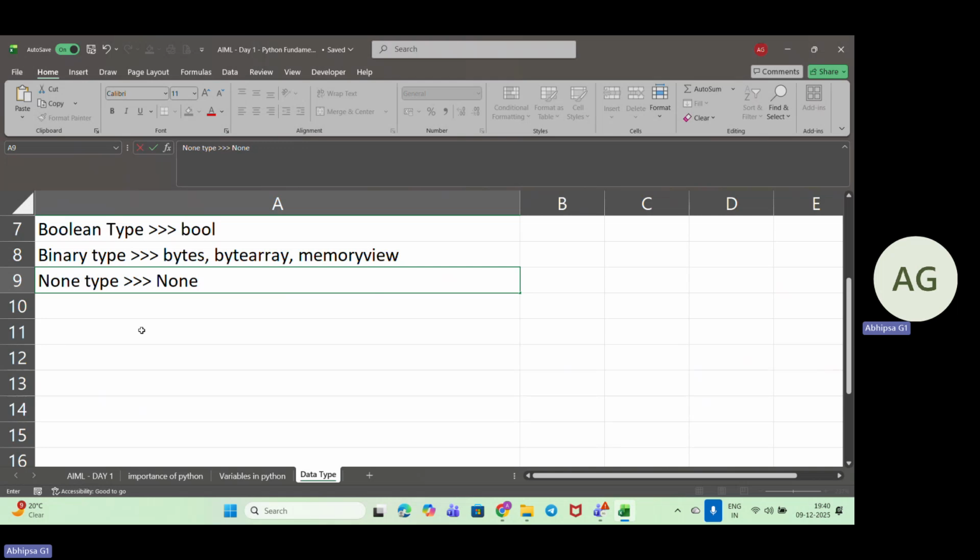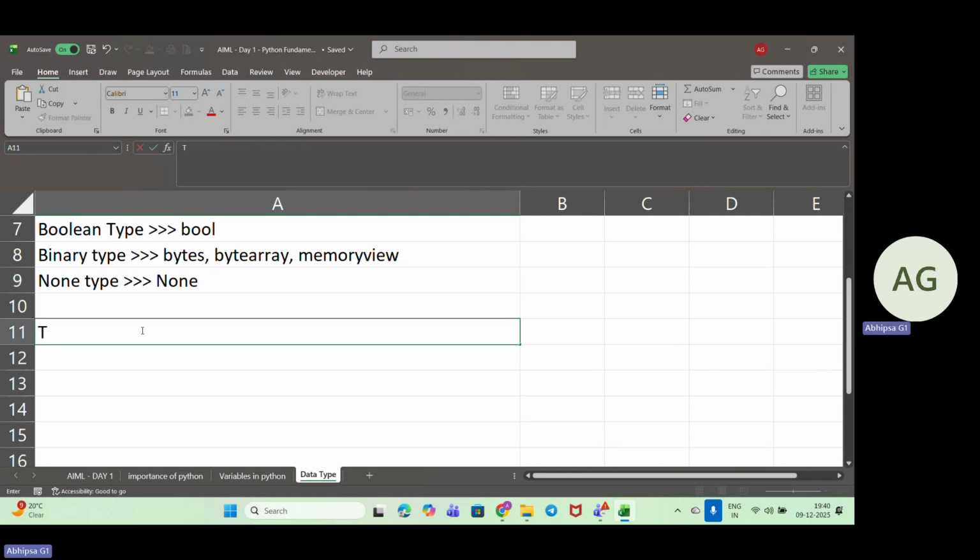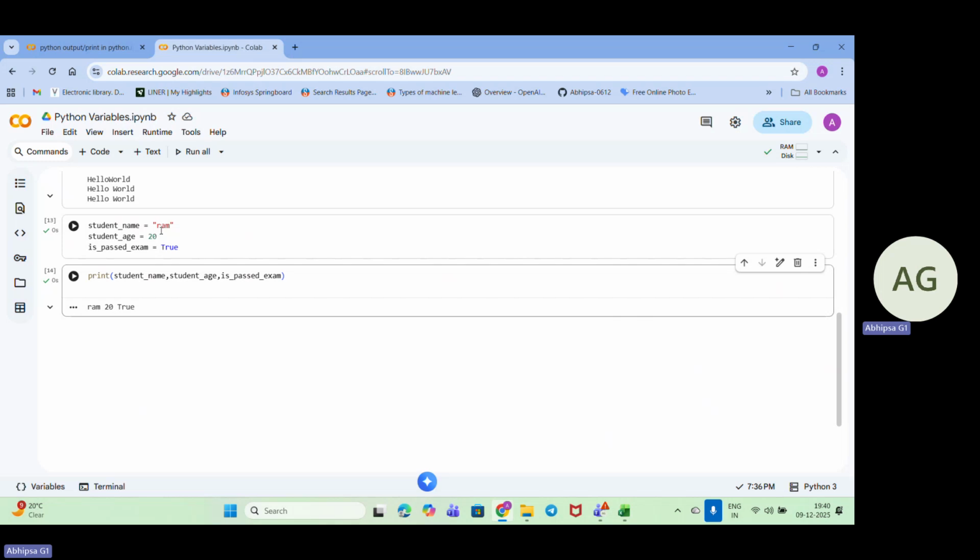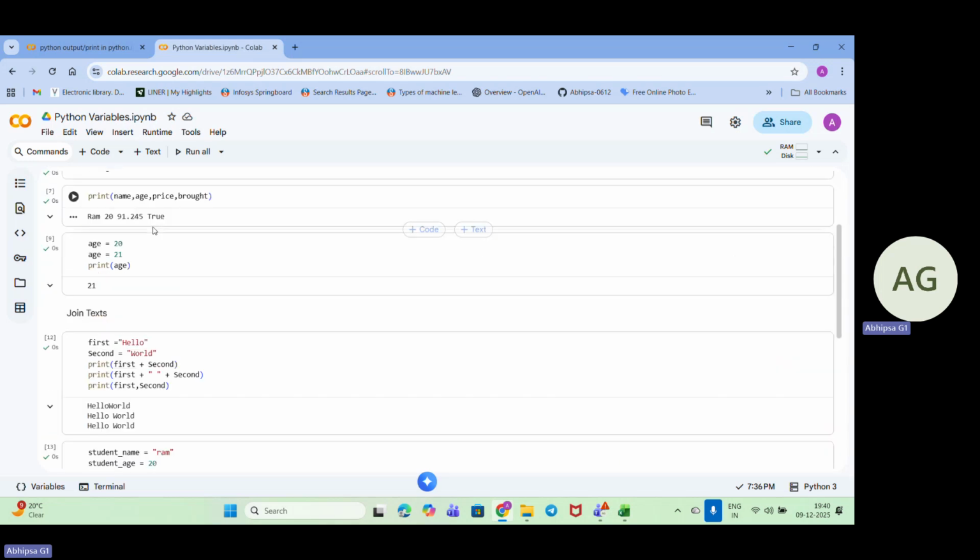First is this text type. So we call it like str. str is like string. str meaning string. So string is like text, words, sentences. The text must be inside the code. That is the thing. So as of now, what we have discussed, like student name Ram. So it is a text. So we have put it inside the inverted commas. For hello world also we have used inverted commas. So strings can include the letters, the numbers as a text also we can use.